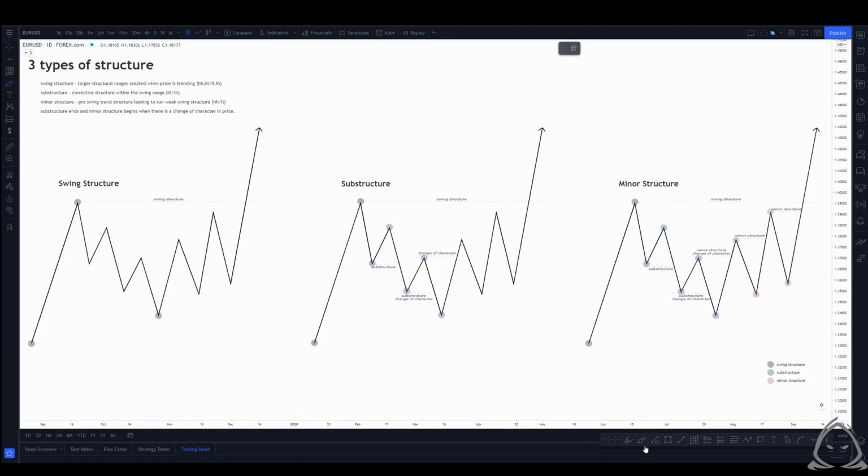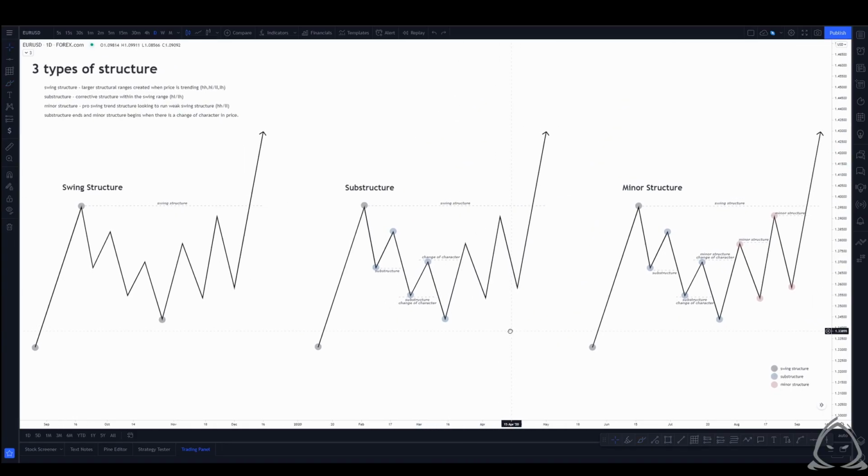And we'll discuss in the liquidity section how we can filter out, or at least have a better edge on when substructure is being created, it switches to minor structure, but then switches back to substructure and then minor structure before we actually break the swing high. Like I said, a couple different things that we would use when substructure is being created is looking for demand zones. What might happen is we have a demand zone at a lower point. We're building liquidity,